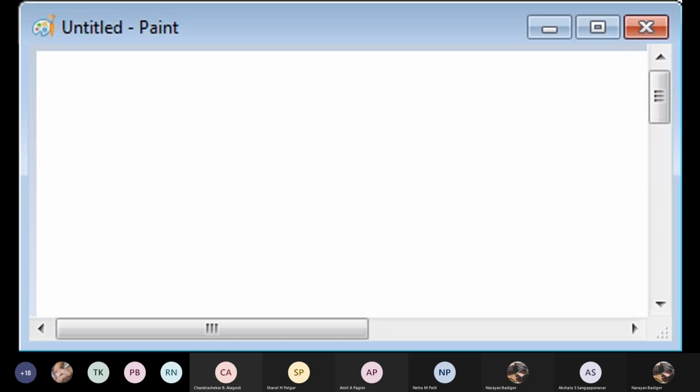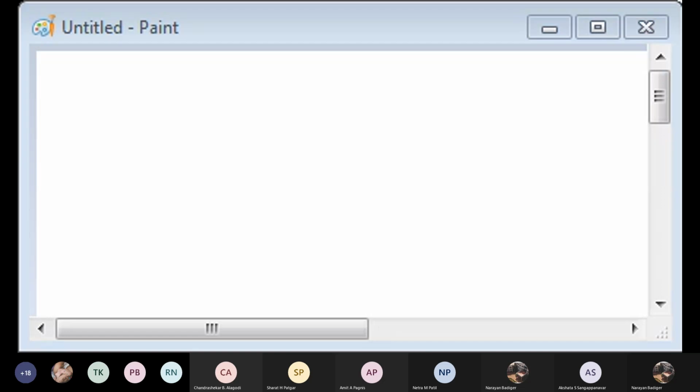See, syntax will give you a structure, a structured programming language. If I follow a syntax, the program looks neat. It will be in a readable form.